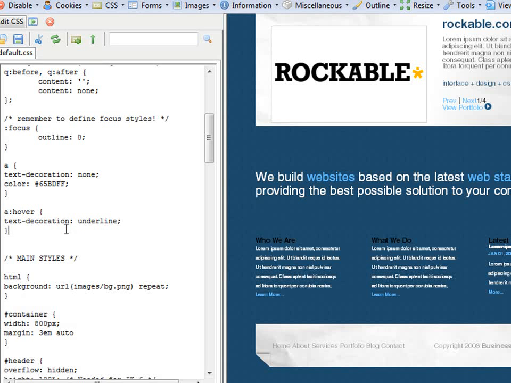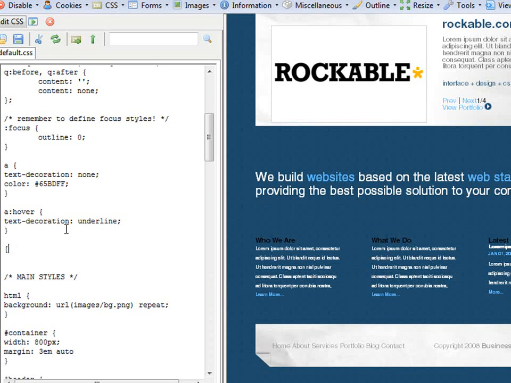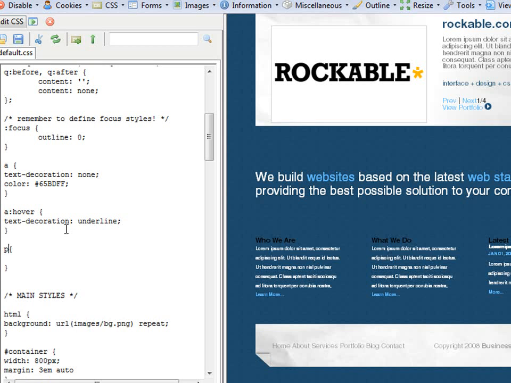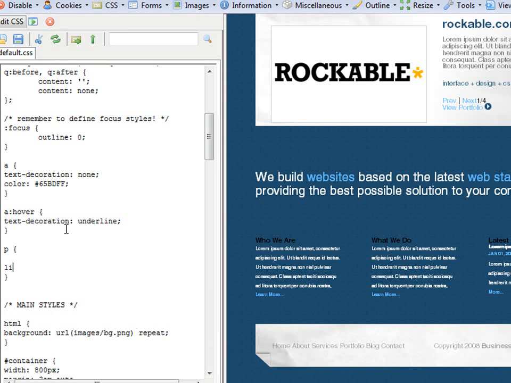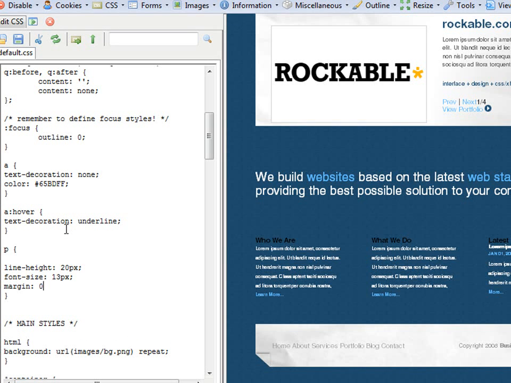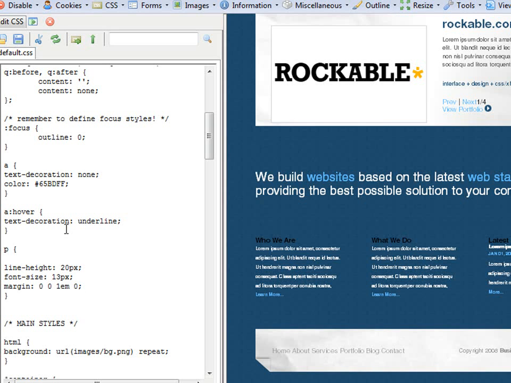What else? Let's style just the general paragraph tags. Let's do a line height of 20 pixels and a font size of 13 pixels. And margins, we'll set 0, 0, 1em on the bottom margin, and 0 on the left. Okay, now we need to style, if you remember,